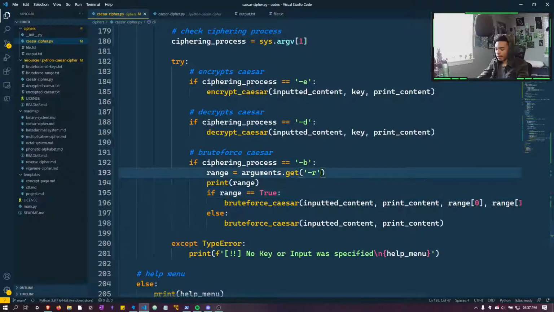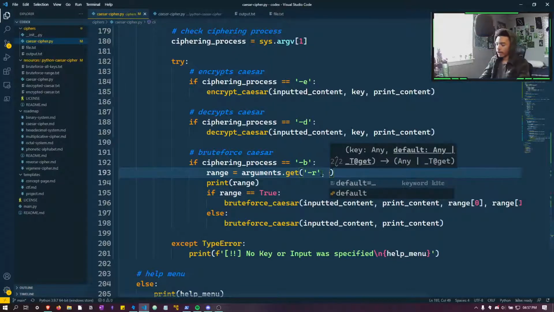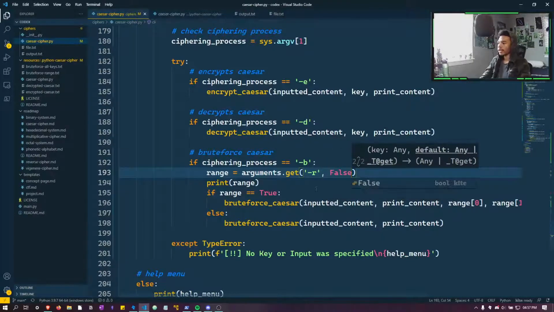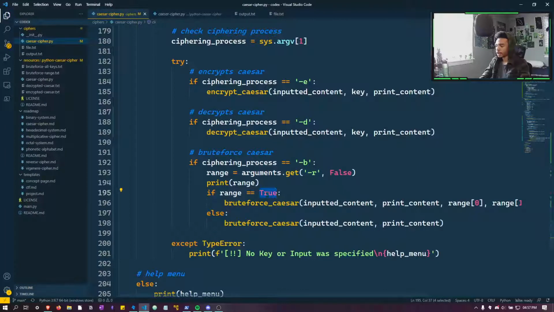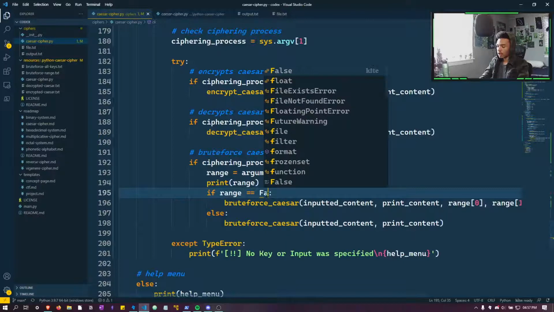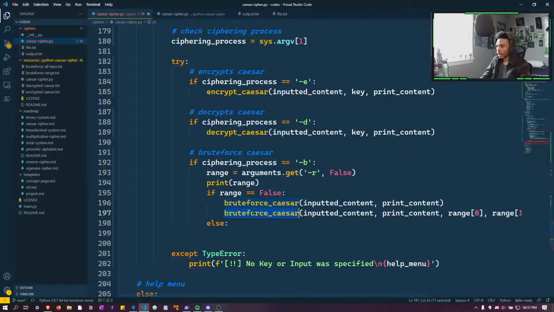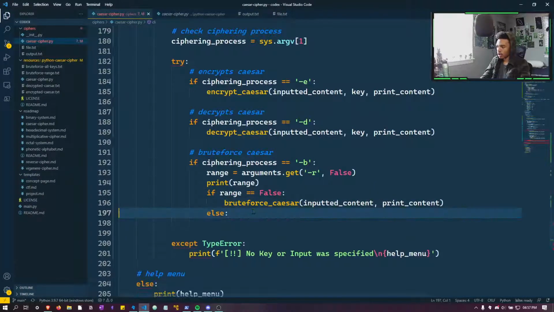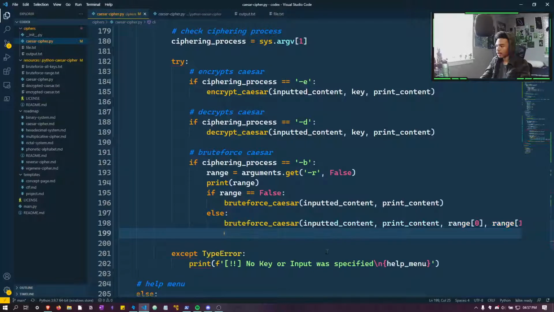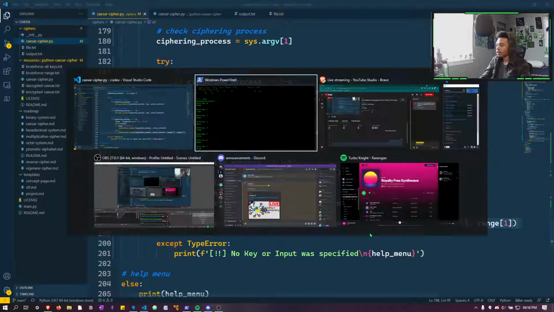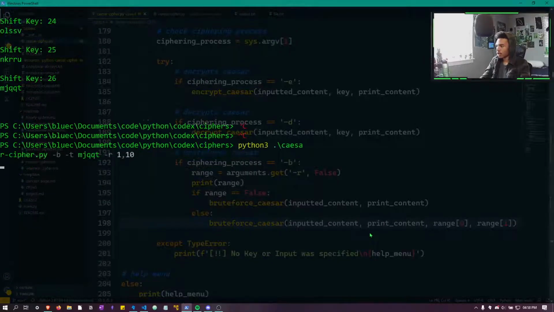Because with the get, you can add a value to say that it doesn't exist, right? So if we get R, so if range is equal to false, whoops. So if our range is false, we can just run this, and then we can get this line, and then paste it in here, and then delete this line. Cool. So if we run this, then